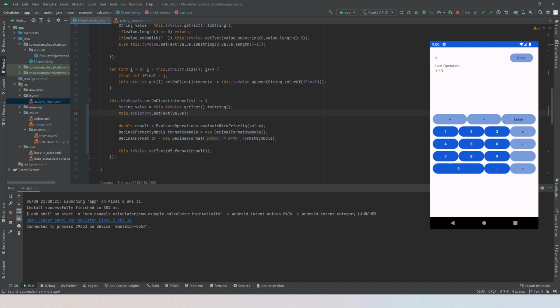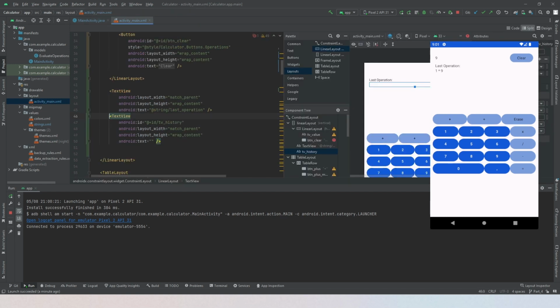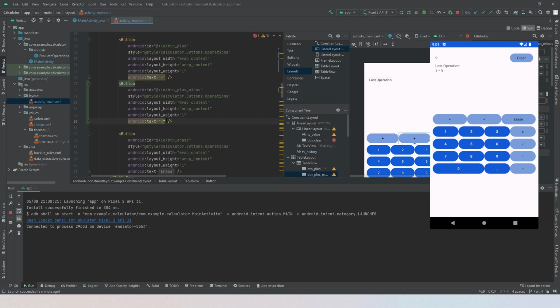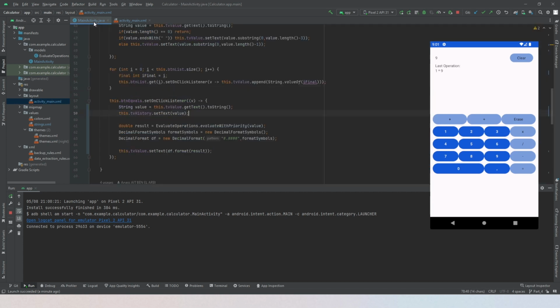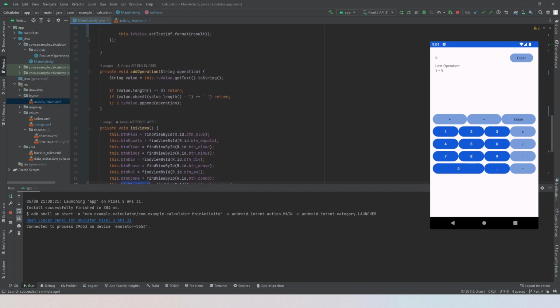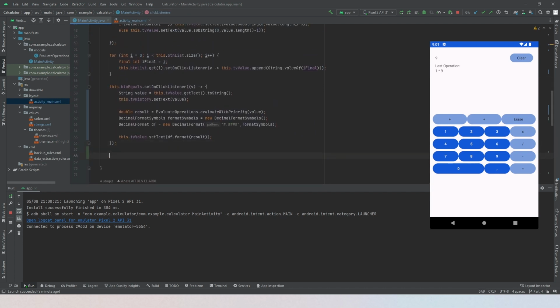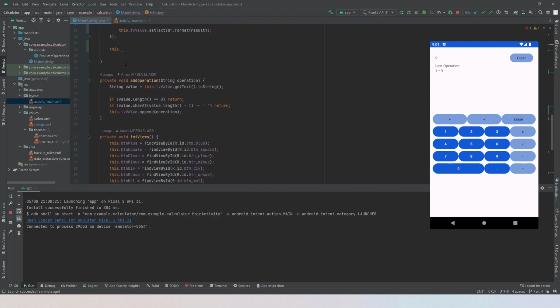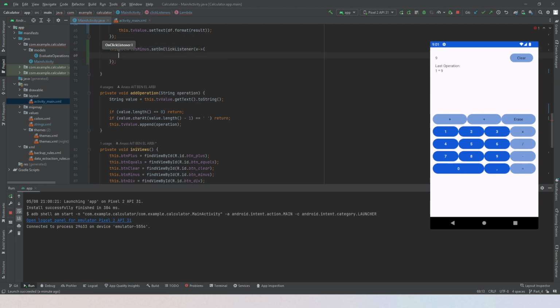The next step would be to change the button. So back to main activity, I'm just going to make a slight correction here at the dash minus, and let's configure this button here. So we have defined it here. We'll need to configure the click listener for it. So this dot btn plus minus dot set on click listener, then v lambda function, and let's start off by getting